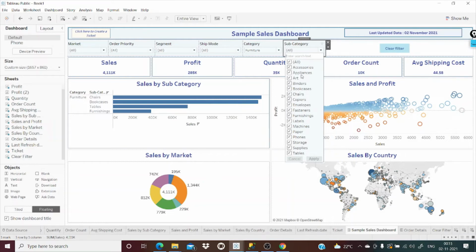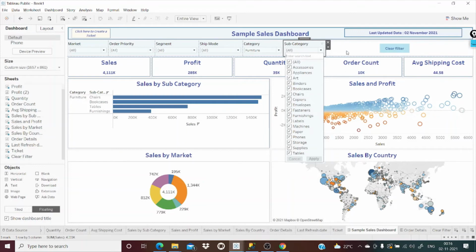Usually anybody who sees this would think it is selecting all the values, but actually not. Only the category furniture should be selected and then the related subcategories: chairs, bookcases, tables and furnishings. That is what we are supposed to show here, but that is not happening in this case.